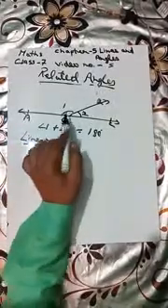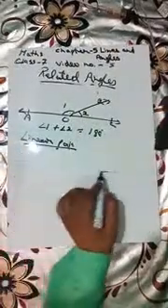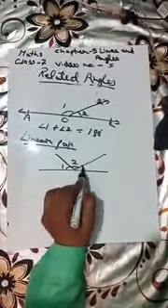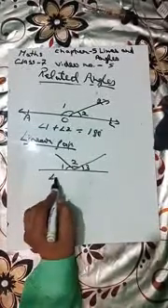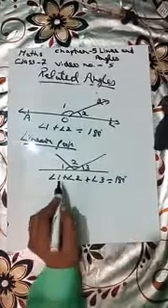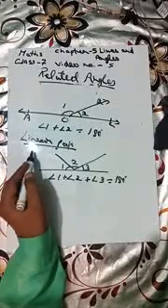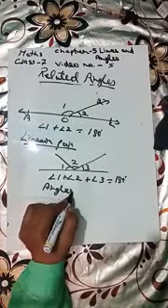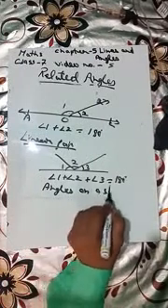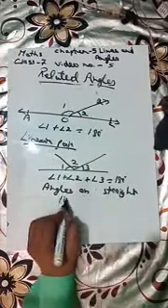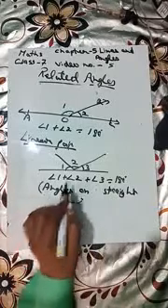Remember, we are using pair, so there will be only two angles. Now if you are using more than two, suppose angle 1, angle 2, angle 3, then angle 1 plus angle 2 plus angle 3 will also be 180 degrees. Okay, but the reason is not linear pair. Here we will not use linear pair. We will say that they are angles on a straight line. This is the reason.